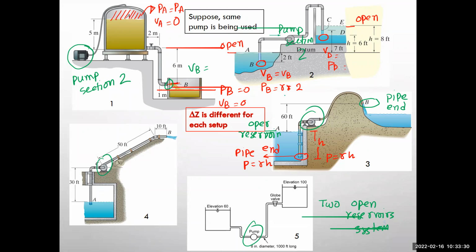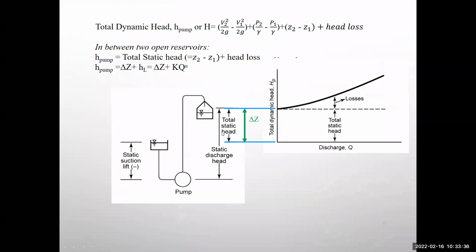If you look here, for each system, delta Z is different, right? But every time, whatever curve you are trying to develop, it's the same equation. It's just that for a different system, you will have different magnitudes, right? So I will just write down the system curve. The system curve is,